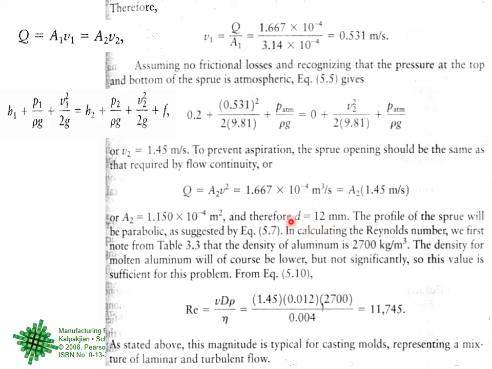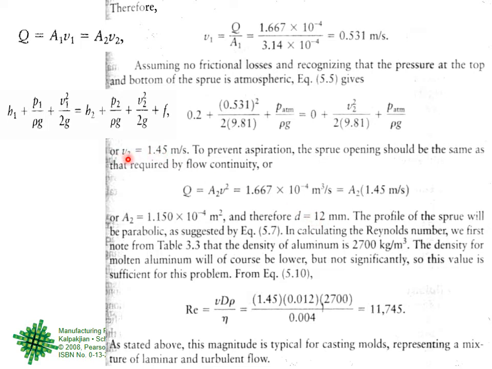So this, again, as I tell you, don't read the solution. You have done the solution, compare the answer and see if your answer and this answer matches, then be very happy and proud that you did it rightly. If there is some difference, then try to find out the source of the error. And if you can find out the source of the error in your problem solving, then you already learned a lot. Okay. So two of the things that were to be known: what should be the diameter at the bottom is known, what should be the velocity at the bottom is known.